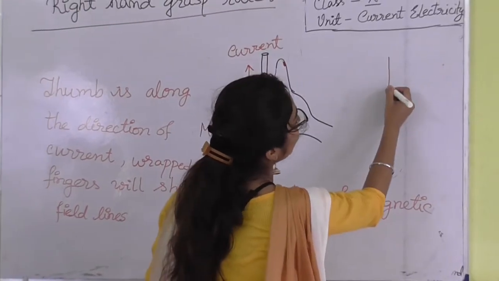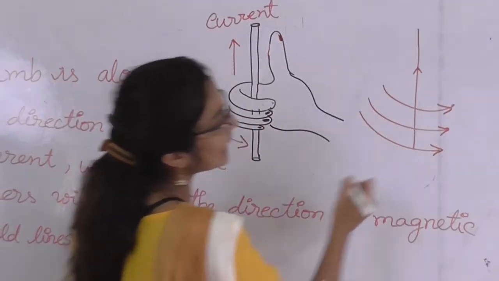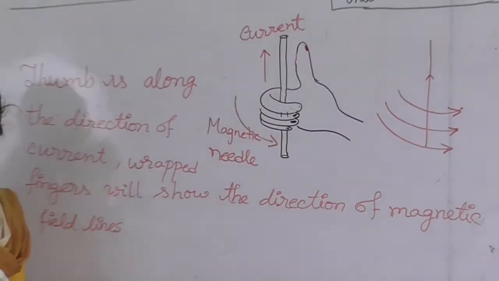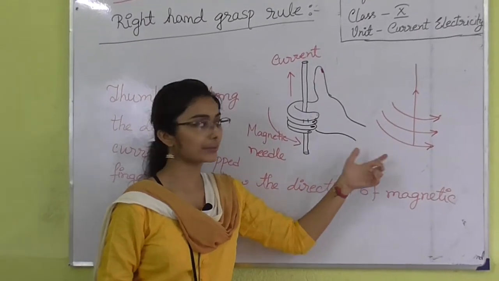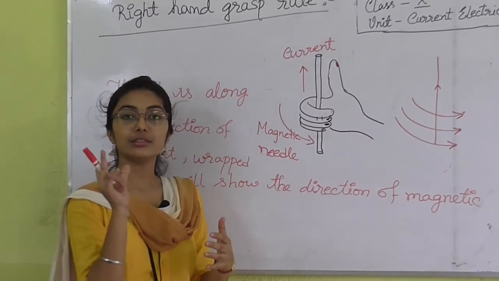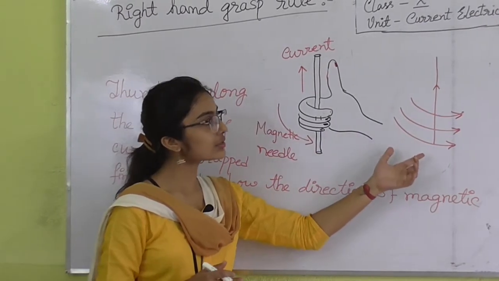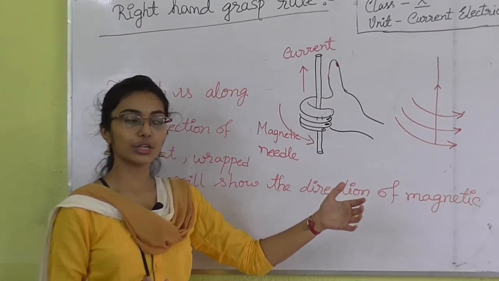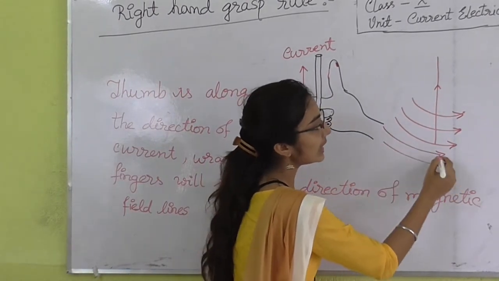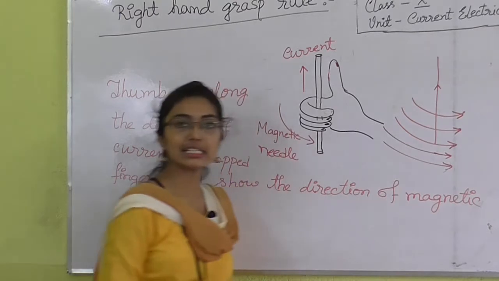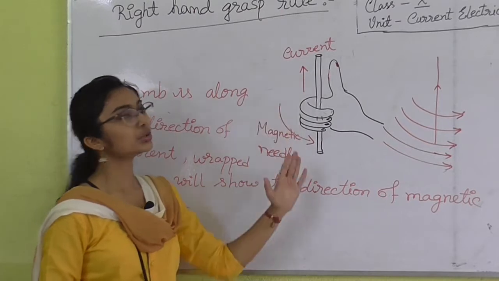So if this is the current conducting wire, then the magnetic field lines will be like this. Along the conducting wire, magnetic fields are generated. Magnetic field lines are generated, okay, and it depends on the amount of current. Suppose 10 ampere current is passing, then the amount of field lines will be different if the amount of current is more. If there is 20 ampere of current, then magnetic field lines will be more. So this is known as magnetic intensity. Magnetic intensity depends on the amount of current that is passing through the conductor.